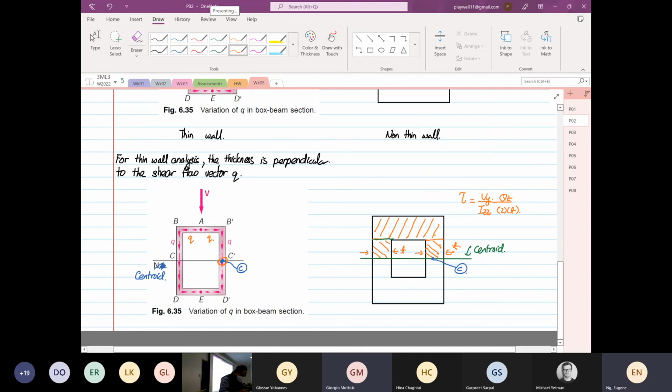Okay. So the area to consider is still very similar, but in smaller size now. So this is the area that we have to consider. Okay. So the formula to use is also shear stress is equal to Vy over Izz Qz. Because it's box beam, right? You take this as